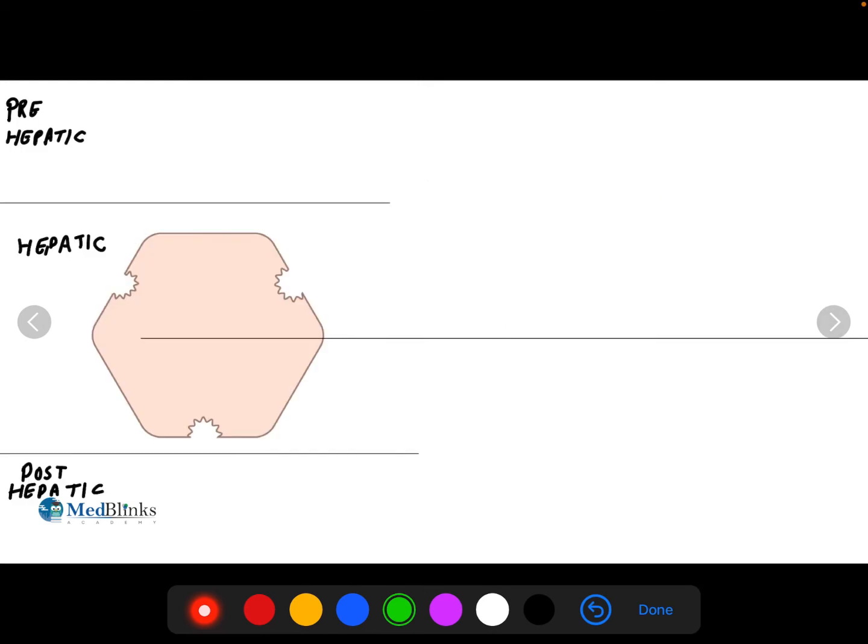Now let's look into detail what are the reasons for jaundice and how we can correlate basic science knowledge to clinical context. So jaundice can be classified in different ways. One way we have seen is that it can be classified as conjugated hyperbilirubinemia or unconjugated hyperbilirubinemia. Another way it can be classified is whether the reasons for jaundice are prehepatic, hepatic or posthepatic.